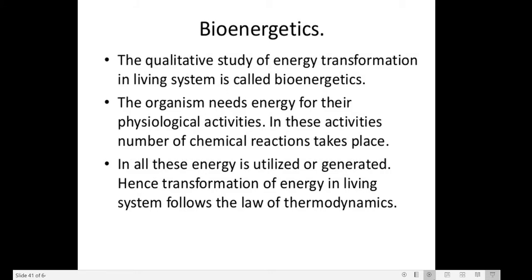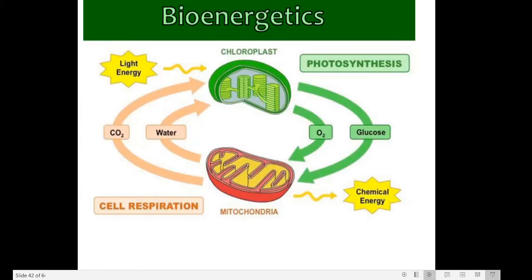Organisms need energy for their physical activities, and for these physical activities, a large number of chemical reactions take place in the human body. It's one example. Here you can see the chloroplast helps with photosynthesis. It provides glucose and oxygen, activating the mitochondria for cell respiration. From the mitochondria, water and CO2 are released,